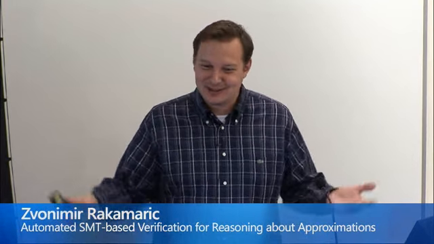And this is, again, typically split into two subcategories. The first one is accuracy, which talks about the difference between precise and approximate outputs. For example, the approximate output is at most 5 away from your precise output. And the second one is reliability, which talks about the probability that the approximate output is precise. So an example would be: my approximate output is correct 90% of the time. And in the other cases, it might not be correct.